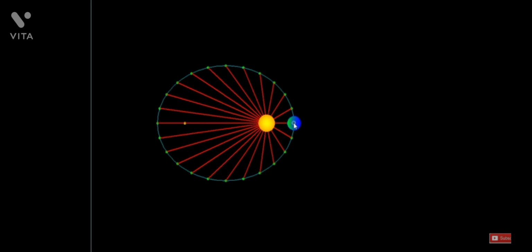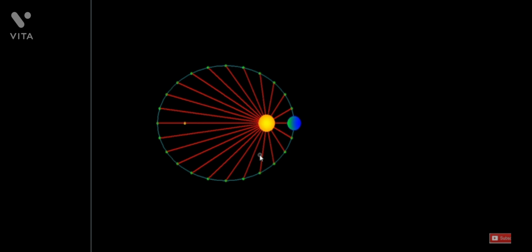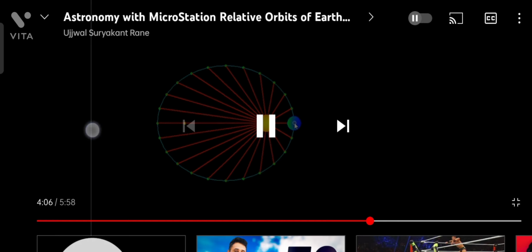So Earth will become a kind of origin. But as far as these lines go, there is no change in their length r or direction theta. So we have the same set of position vectors, but centered around Earth. So we will get the same curve back. Let us see this in animation. I'll start moving the Earth, and as we reach a position, we'll pick up that position vector there. So we'll pick up the third one, and now the fourth one, fifth one, and so on.